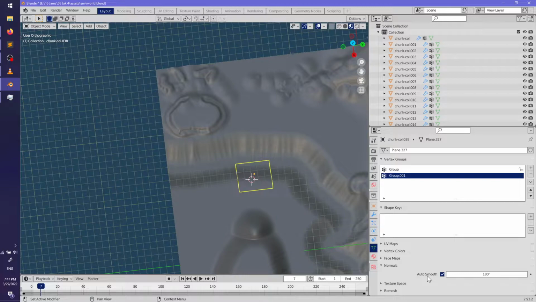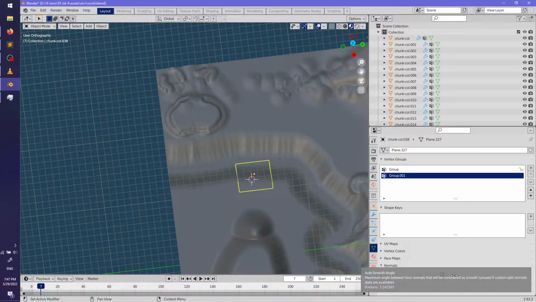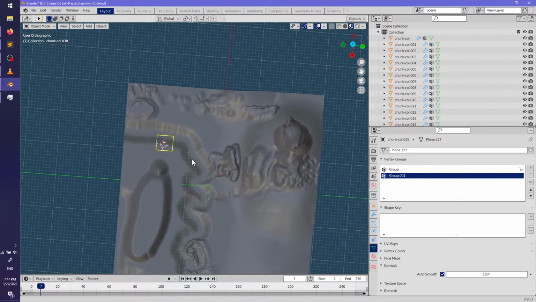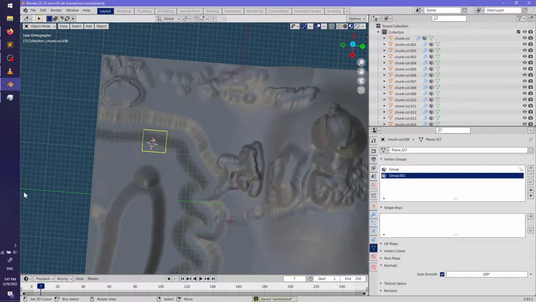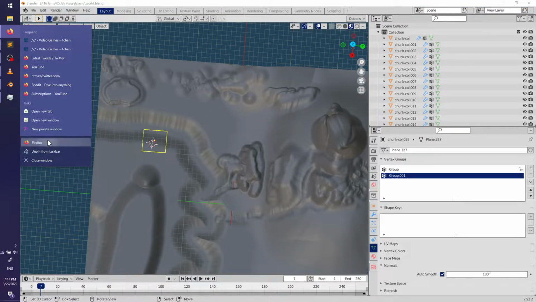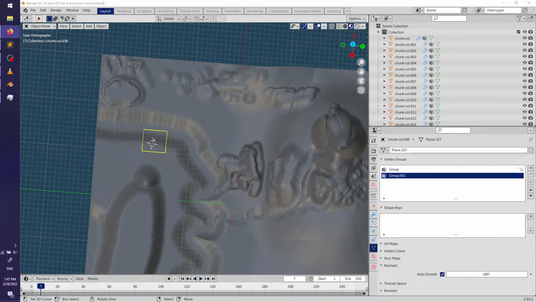What does this have to say for itself? Okay, I'm gonna see if I can do this with Firefox. Blender auto smooth from script.